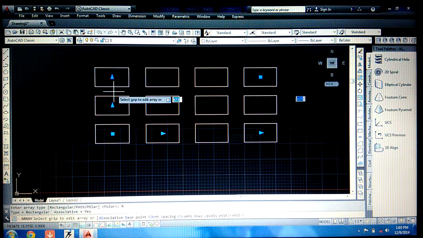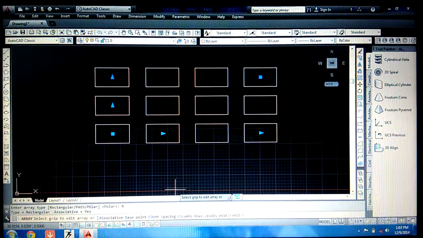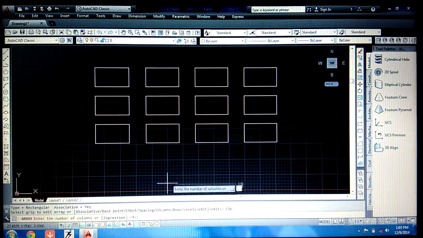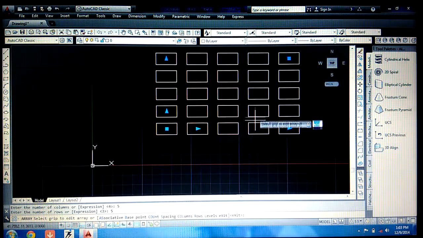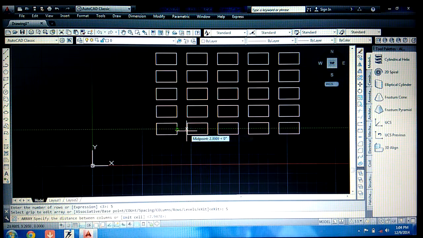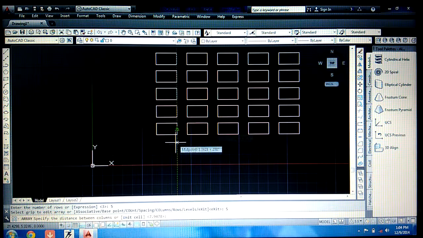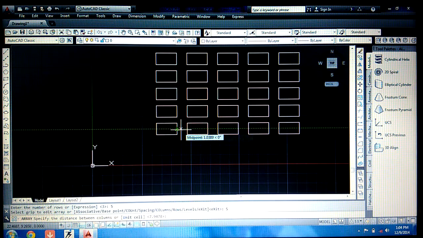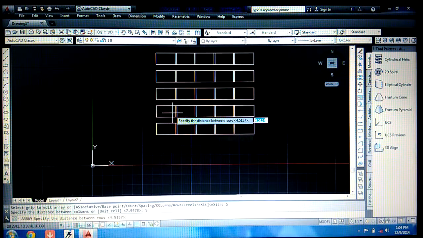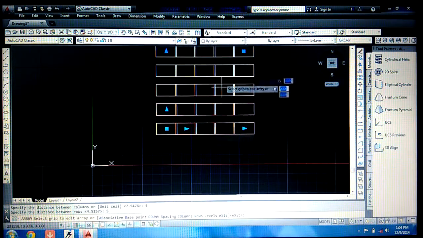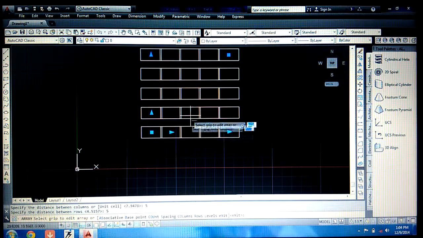Okay, so it has already taken a given value. Now if you have some number of columns or number of rows, 5, so see it has taken 5 rows and 5 columns. If you want to give spacing between them, so what is the spacing? It is 2 around. Okay, you find that it is 2. You want to give 5, and from there also 5. So in this way you can give spacing.